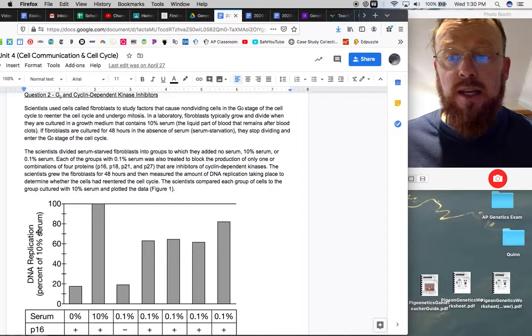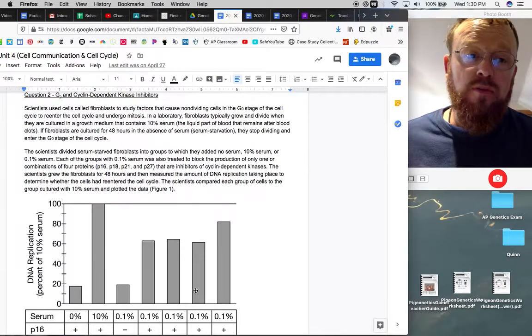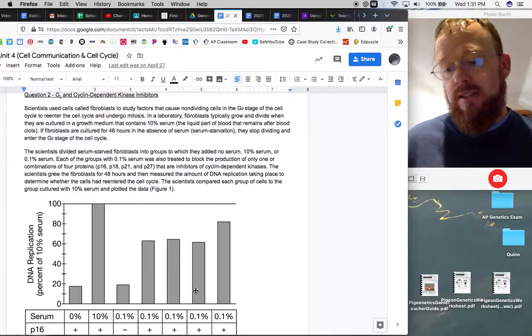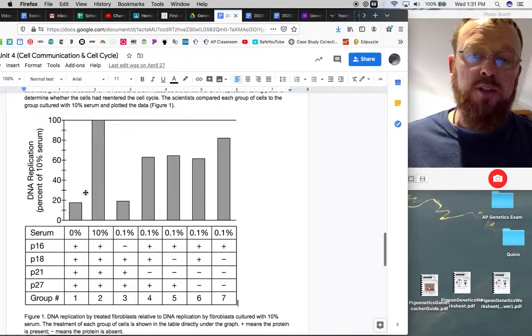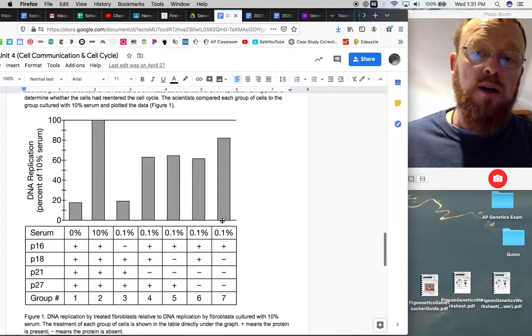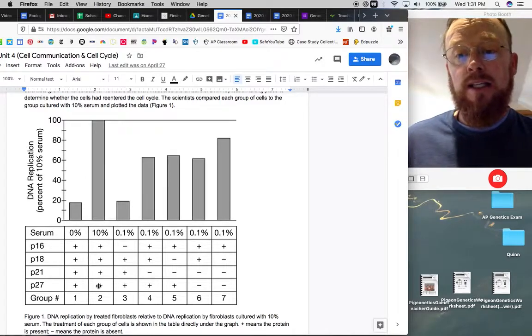Okay, so to measure whether or not the cells are leaving G0 and entering the cell cycle, the scientists are going to measure what percentage of maximum DNA replication the cell is undergoing. And maximum DNA replication occurs here in group 2, which is bathed in a 10% serum solution. Okay, so the rest of these bars show what percentage of maximum DNA replication is happening in each of these